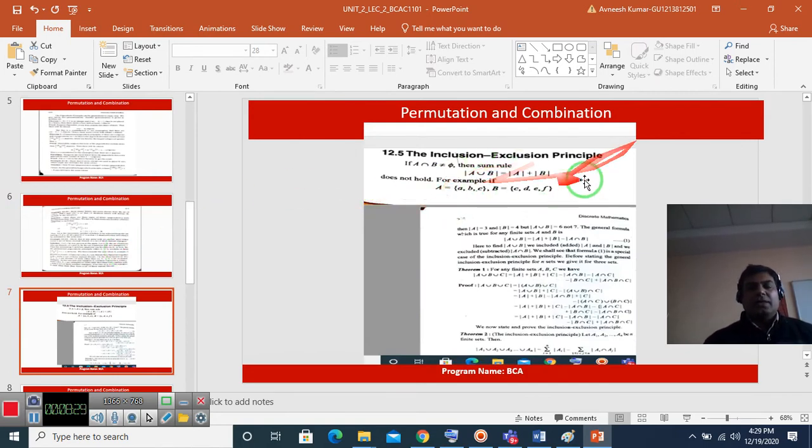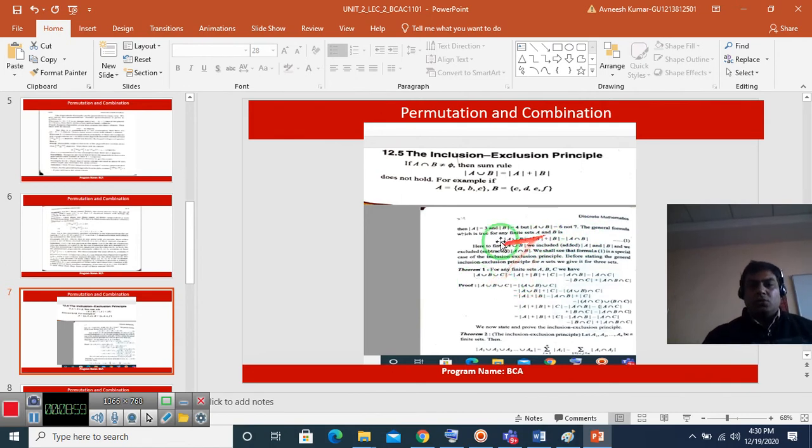देयर इज ए inclusion exclusion principle. बेसिकली ये not a big topic, it is very simple topic. Inclusion means you are adding something, exclusion means you are losing something. So according to mathematical sense, if you are using plus sign, inclusion, minus sign, exclusion. So in the sense of set theory, A union B equals A plus B minus A intersection B. So A intersection B is exclusion, while A and B are inclusion.